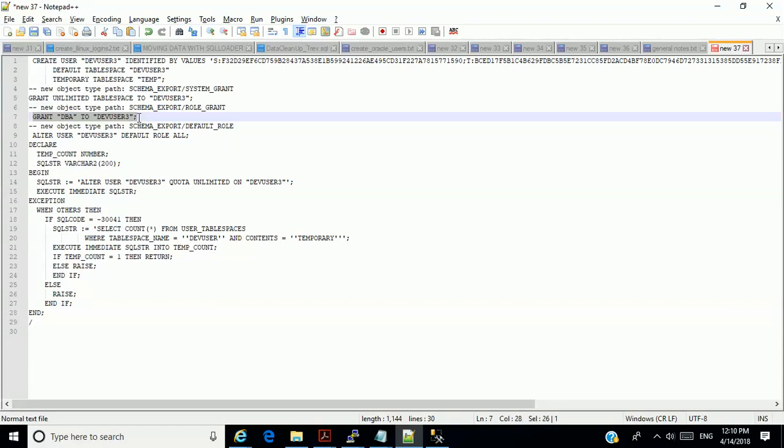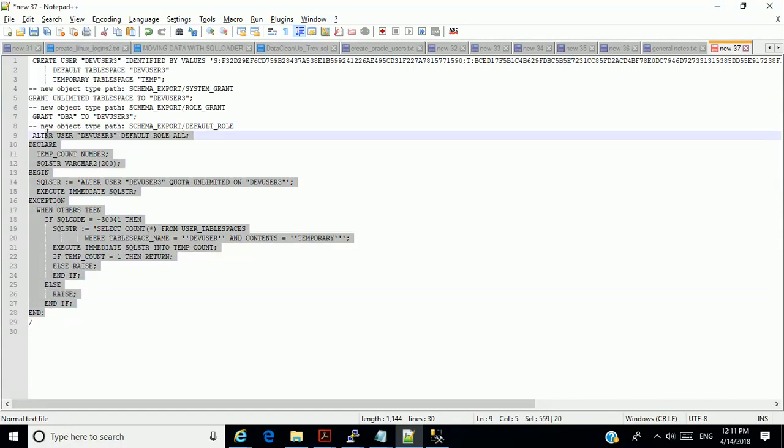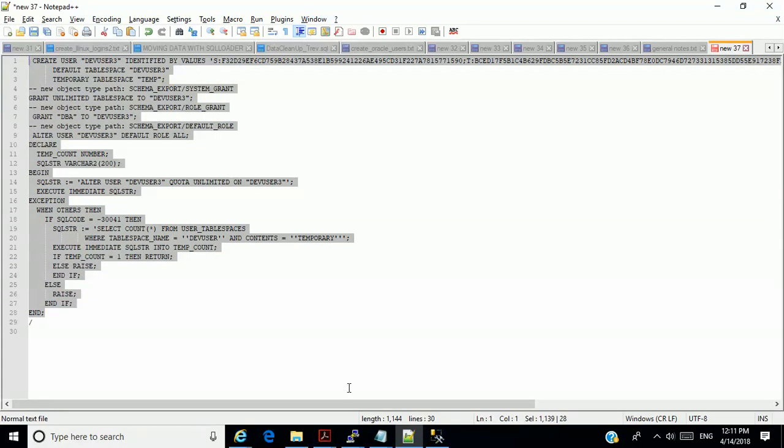So normally in reality he already has permission to write on any table space anyhow. But I just want to do this as an example for you to see how to extract the DDL and DML from import statements. So right now I'm going to create a user called dev user 3.